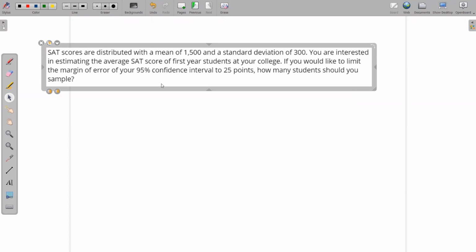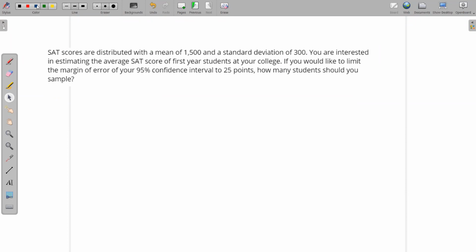All right. So in this case, what do we know? Information that's given up here, this is my mu of the population. This would be my sigma for the population. This is my confidence level. And here they're giving me the error bound on the mean, and they're saying, hey, what sample size would you need to get results around a 25-point margin of error for students at some particular school of what their SAT scores